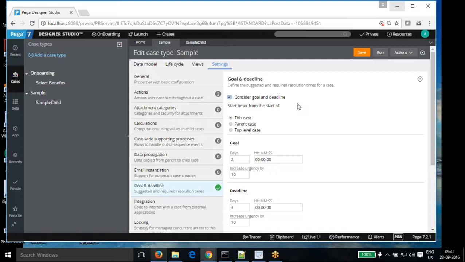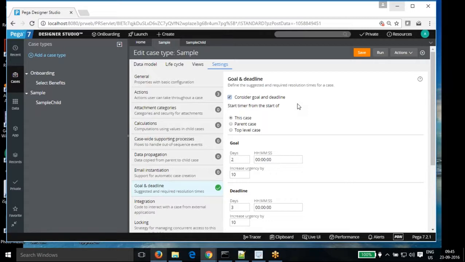This is the time it should take, and if there is an exception, it can go to the maximum time, which is called the deadline. So the goal is your optimum time to complete the work, and the deadline is your maximum time. There is one more thing, past deadline. If it was not done by the deadline either, it is called past deadline, and that can recur multiple times.